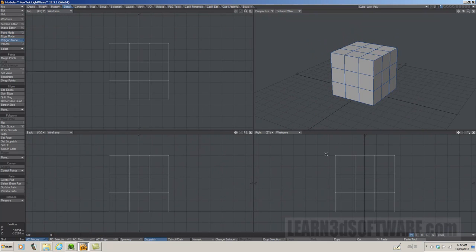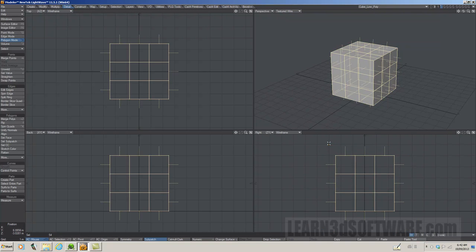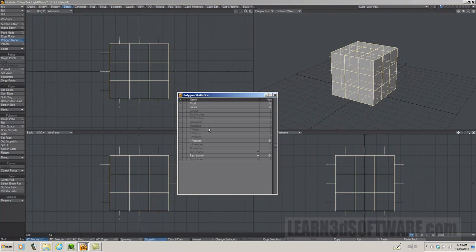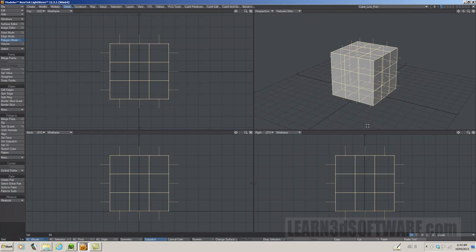If we go into polygon mode, you can see if I circle it that we have 54 polygons, or if you open up the W key, you can see the total amount of faces, which is 54. If it says faces, that means that these are polygonal style polygons. If it says subpatches, then that would mean that we have sub-D polygons. Okay, so there's 54